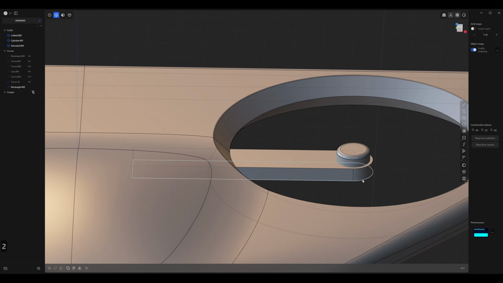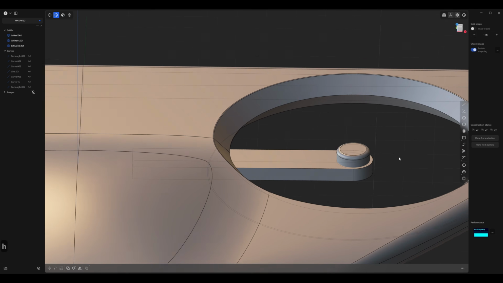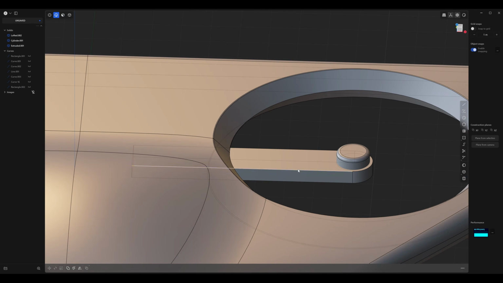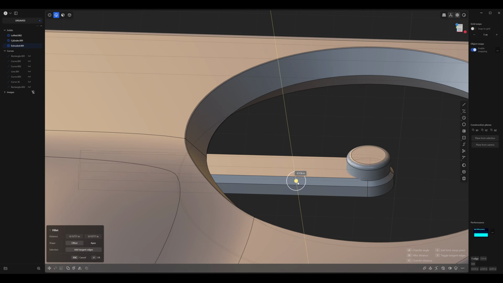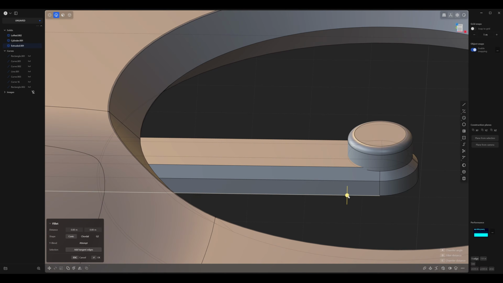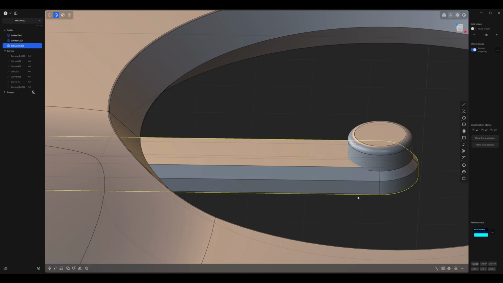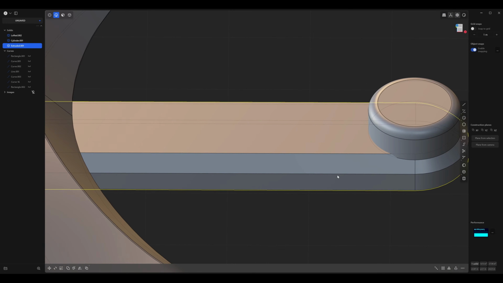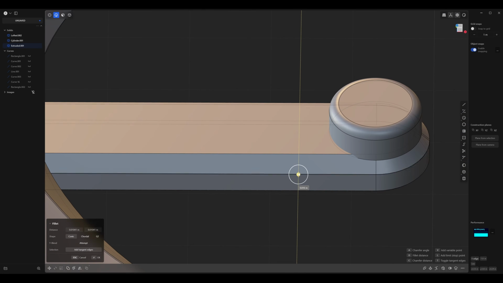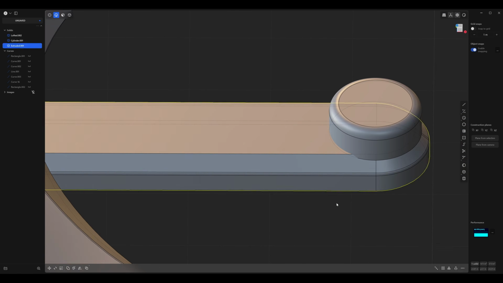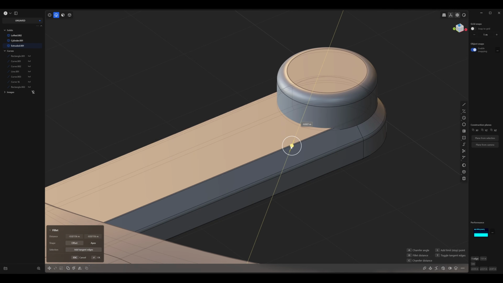Press 2 and select this curve we created and H to hide it. Next, we're also going to select this edge and just chamfer that. And maybe a slight chamfer for the bottom one as well. And while we're here, we might as well just select these edges once more and give them a bit of a bevel or a fillet.